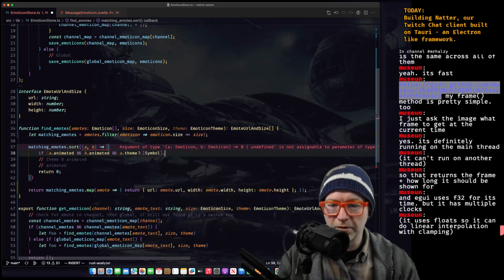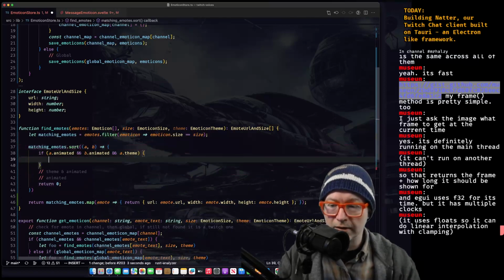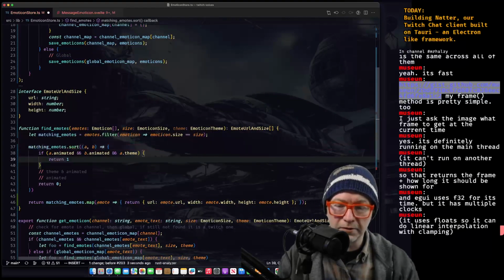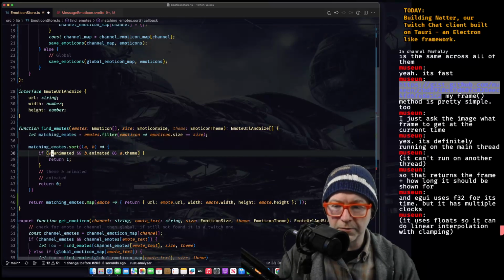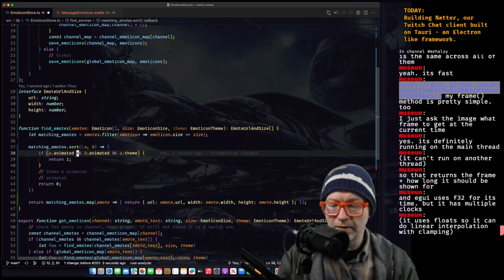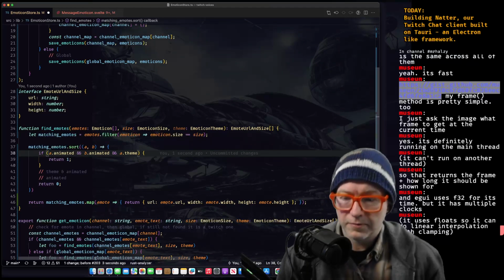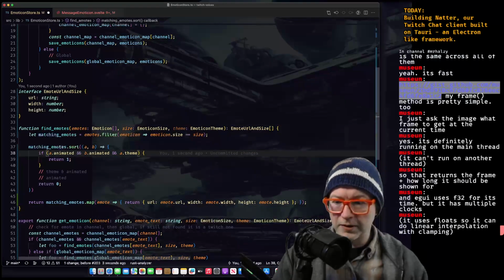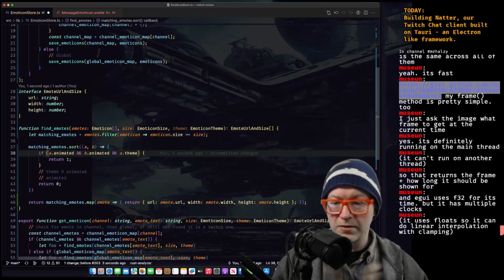So basically we're going to do a bunch of stuff in there, and then return like 1, right? If A is greater than B. And to say that A is greater than B, we have a series of conditions, right? If A is animated and B is not.